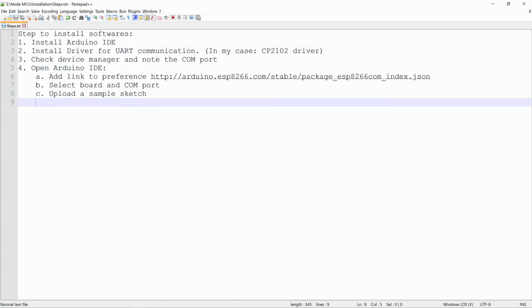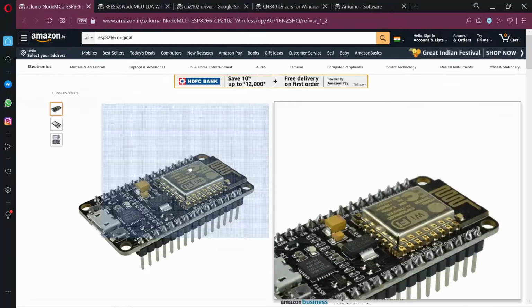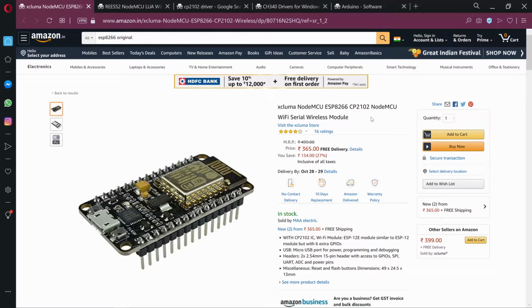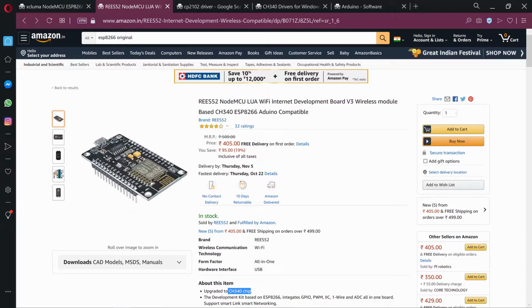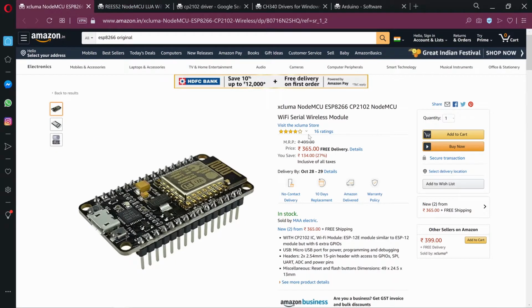In the next step, we have to install the driver for the UART communication. So let's first check how we can decide which driver we need. Majorly in the market you will get two kinds of NodeMCU. One with CP2102 as the UART communication interface and the second one with CH340 as the UART communication interface. So based on your board, you can install the necessary driver for your UART communication. In my case, it is